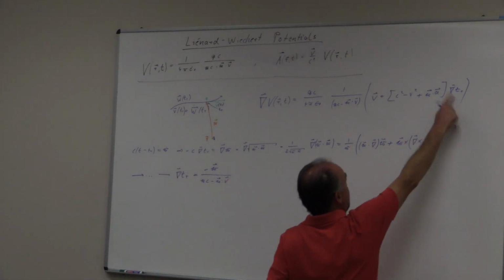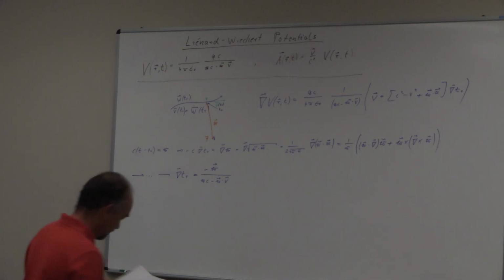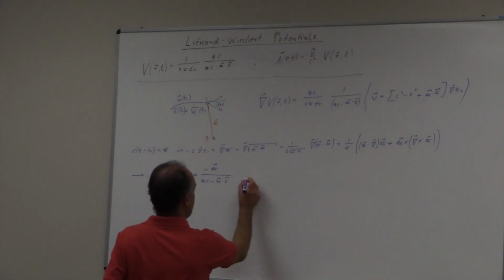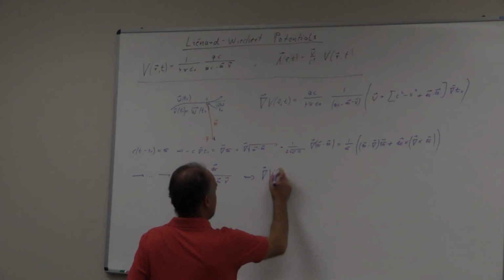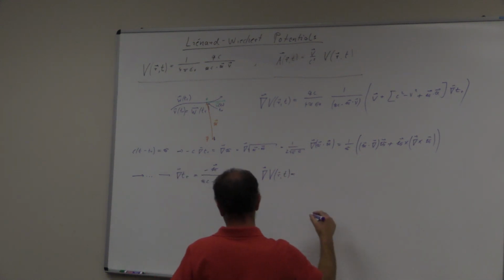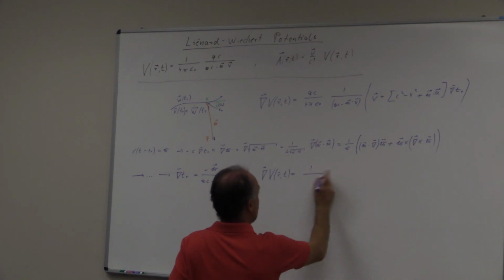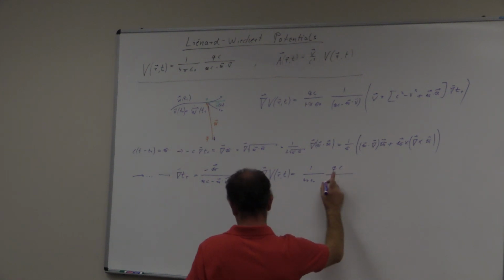This we can then put in here for the gradient of the R. So what we'll find is the gradient of V minus T comes out to 1 over 4 pi epsilon not C over